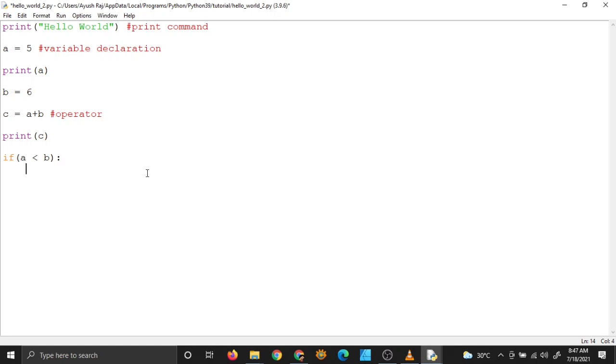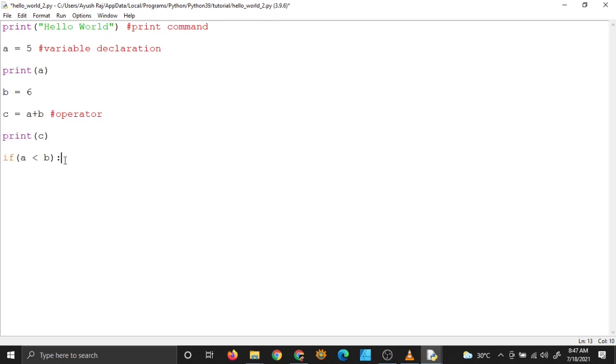So what's a block? You can see that these statements are independent, right? I mean, they are not inside any other statement. If a statement is inside another statement, then it is said to be in the block of that statement. Like suppose I write if a is less than b colon.